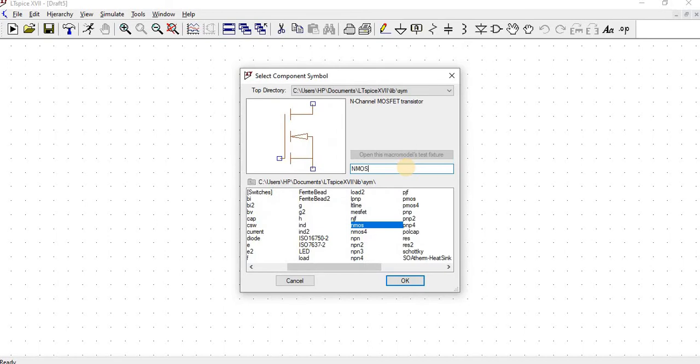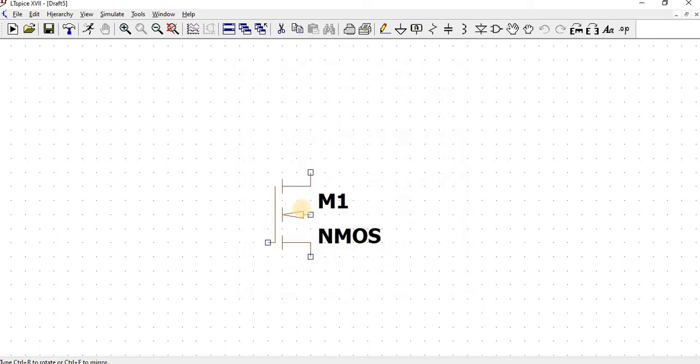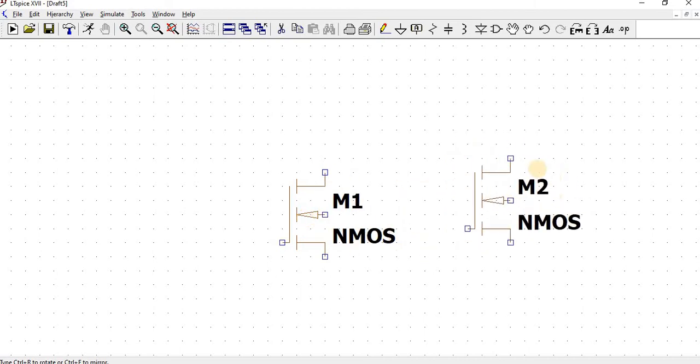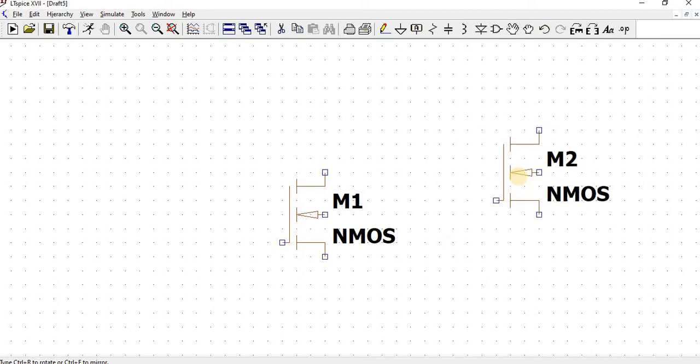Type NMOS. Take NMOS4. I already discussed the difference between NMOS and NMOS4 in my previous video. To remove this second NMOS element, use the escape button.